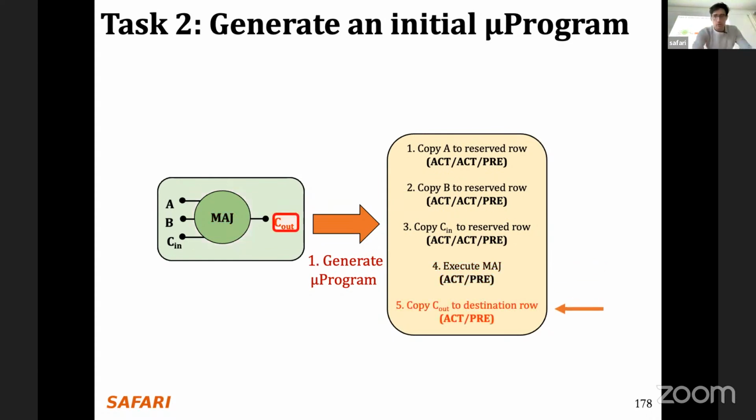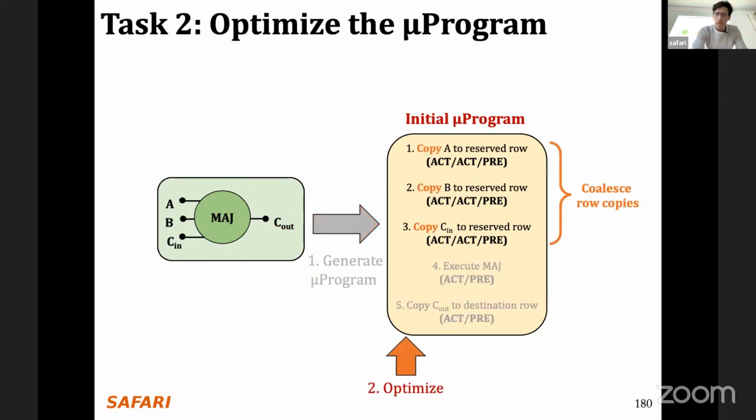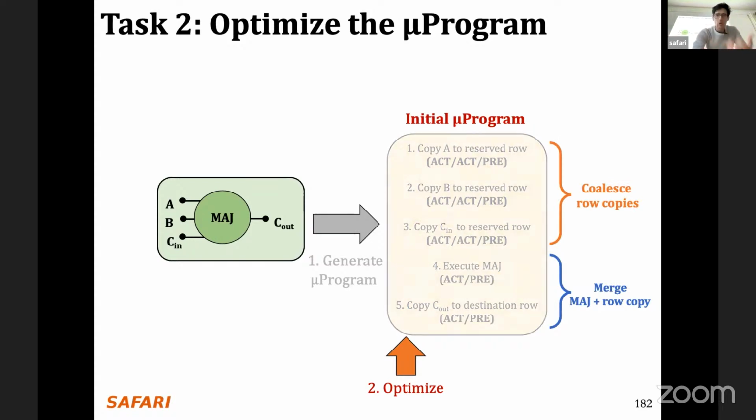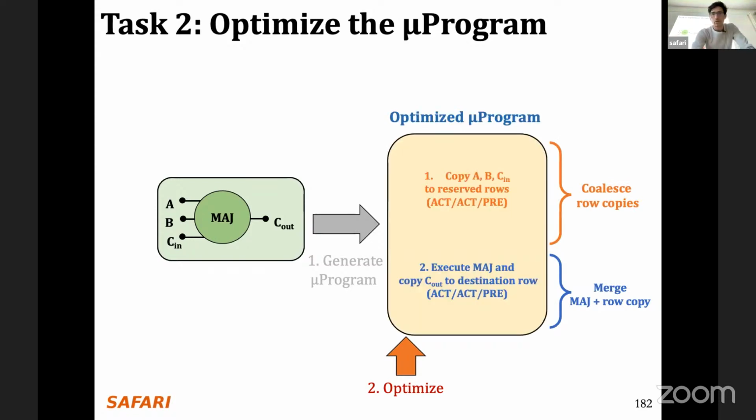And then we can copy the destination. This could be the initial microprogram. It's also possible to apply certain optimizations, like, for example, coalescing row copies. I'm not going to enter into the details here. You can read the paper for more details. But the thing is that we can optimize this microprogram as well, and also save activate and pre-charge commands in